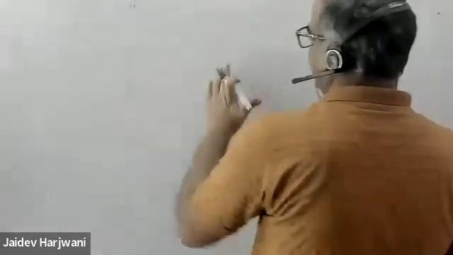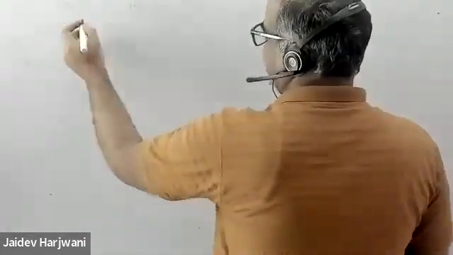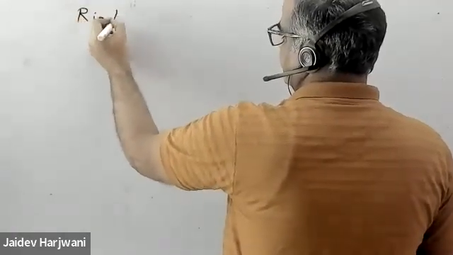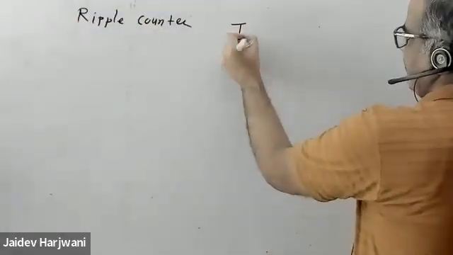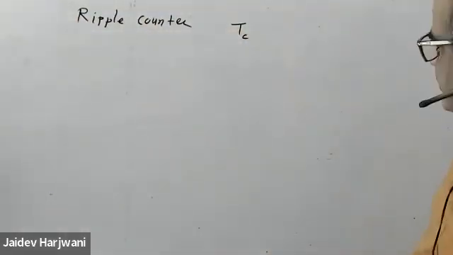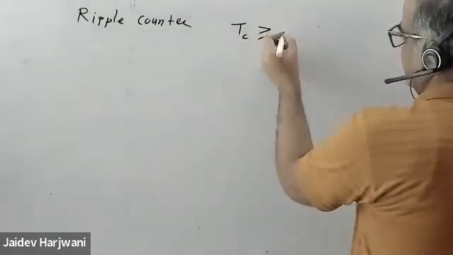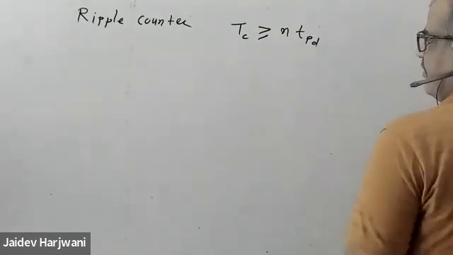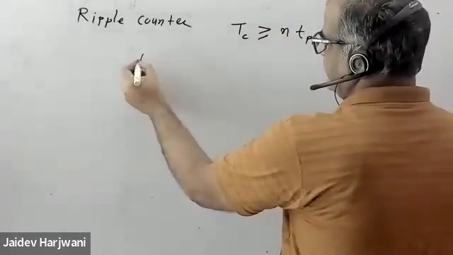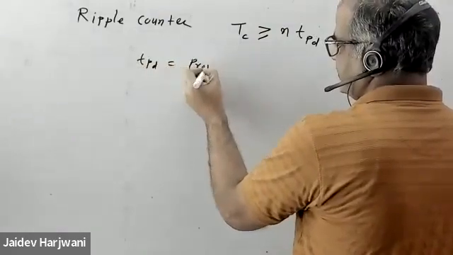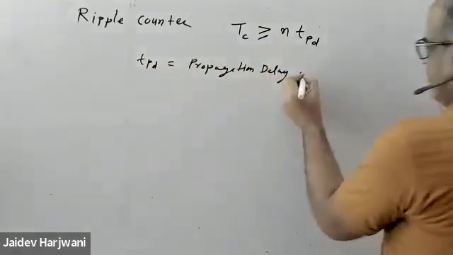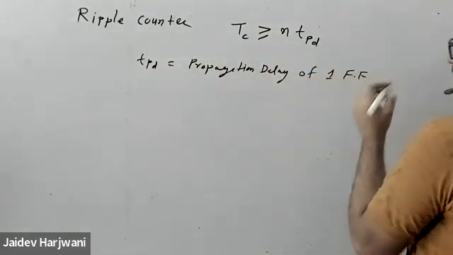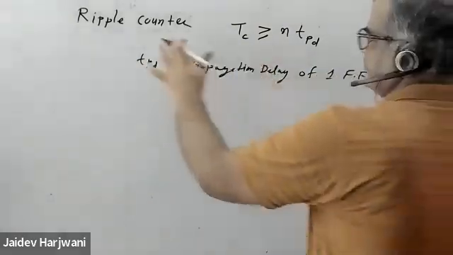Thank you. So far we are discussing synchronous counter and ripple counter. I told you that in a ripple counter, the time period of the clock should be greater than the propagation delay of one flip-flop. So that is TPD, basically propagation delay. We already discussed the delay of one flip-flop. Now in the case of synchronous counter,